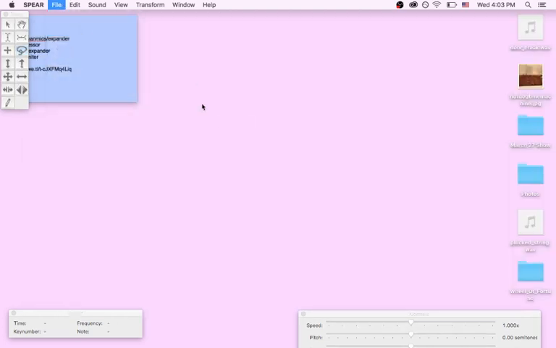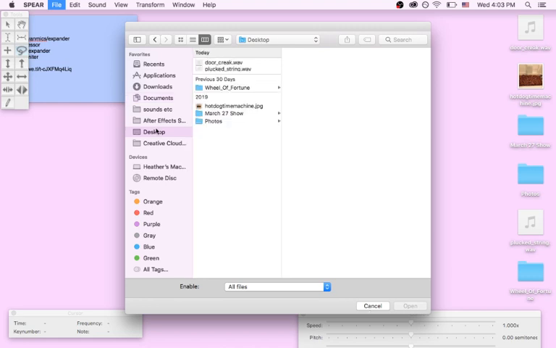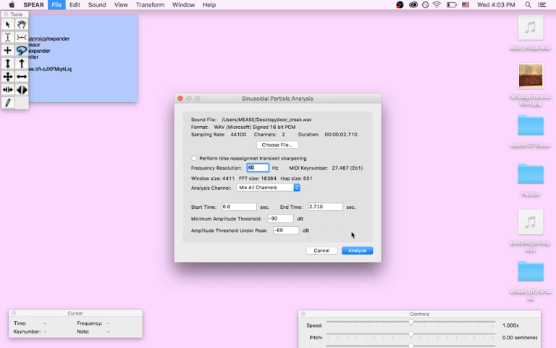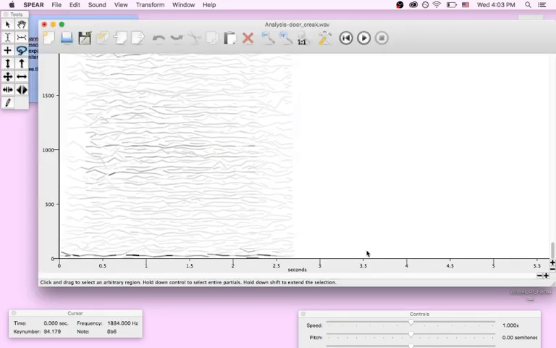File open. We'll go to desktop and we'll pick the Door Creak. So this is what the Door Creak sounds like. Okay, sounds like Door Creak. Open and analyze. Okay. So this one, as you can see, there's no clear straight lines that are